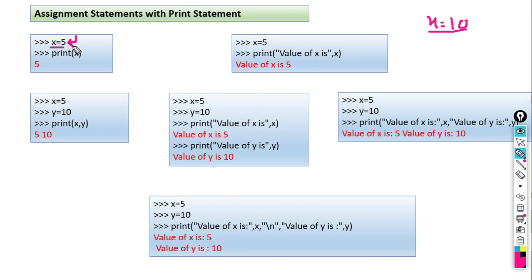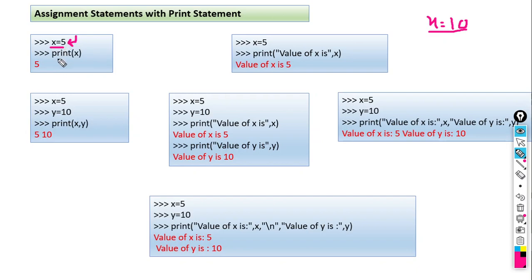What the Python interpreter does here is it will create some space for variable x, and in that space it will store the value 5. So when we invoke variable x, it will retrieve the value of that particular variable. After this assignment statement, when you press the enter key, you will get the Python prompt again because this statement is executed successfully.